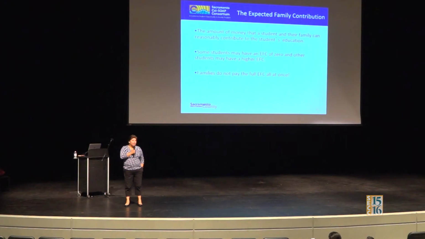How do they come up with that number? It's based on what you report on the FAFSA. It's based on your earnings, your assets, that's on the negative side. On the positive, the amount of people in your home. It also matters if you have 2 or more people in college. Boy, that helped me when my son went away to college. So if you have more than 1 child in college,